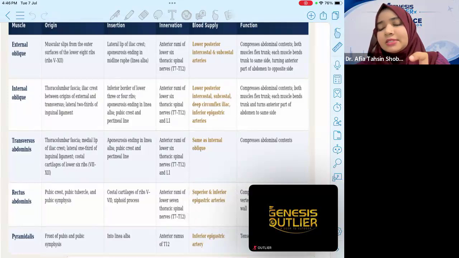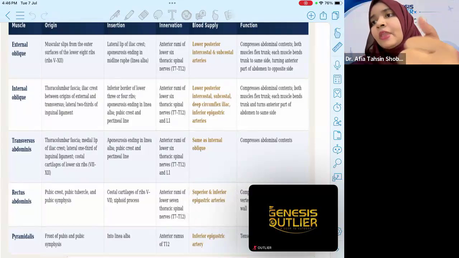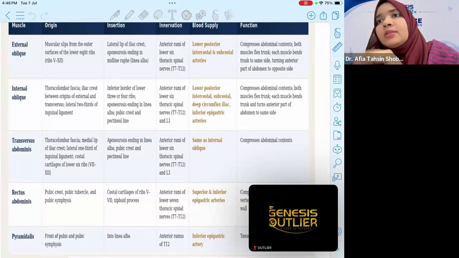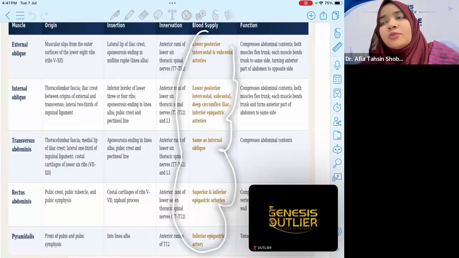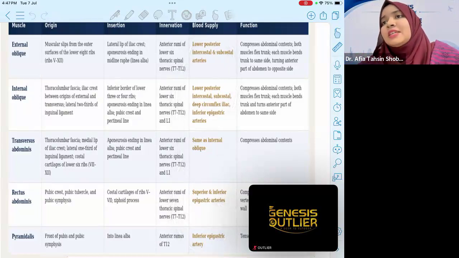Okay, see the common thing here: inferior epigastric is commonly found, and the subcostal artery and lower posterior intercostal. So if you forget in the exam, just tell the common thing first. Okay,